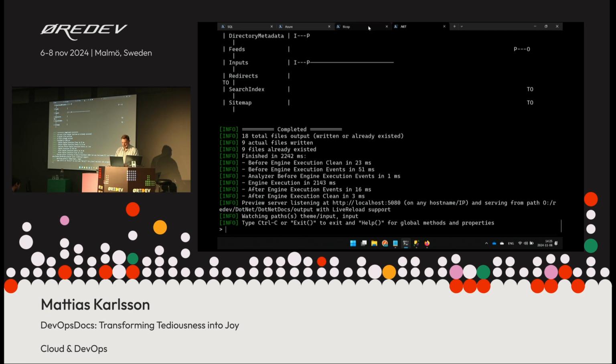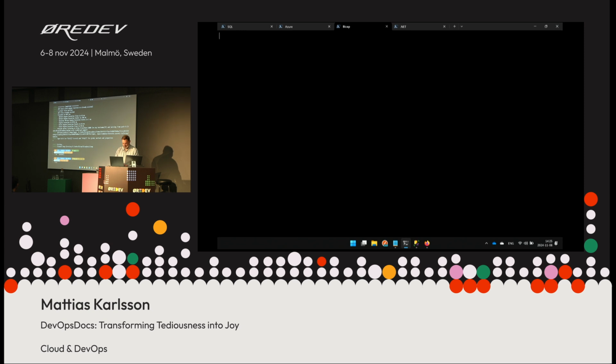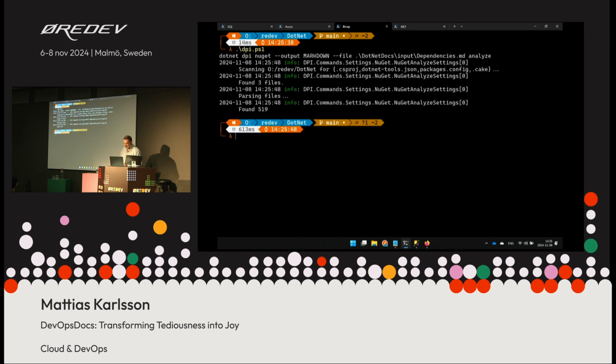I will do it like this. So I like small tools. I created a tool called DPI, which is dependency injection inspection. Usually it will report to a log analytics server, but it can also create a markdown file. And it will look through